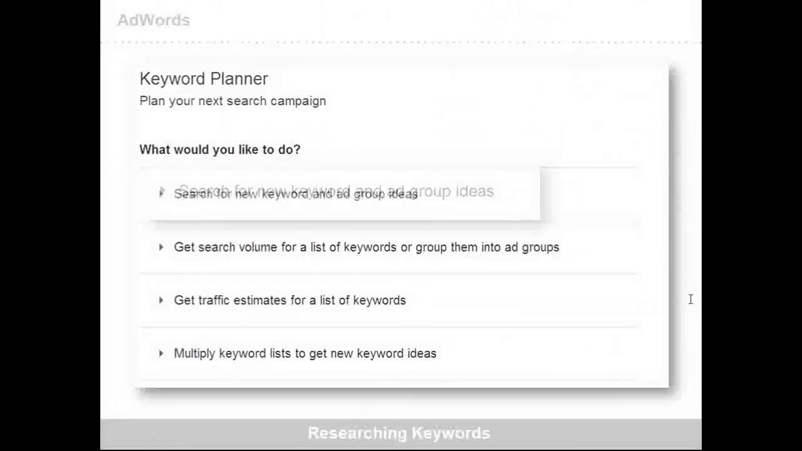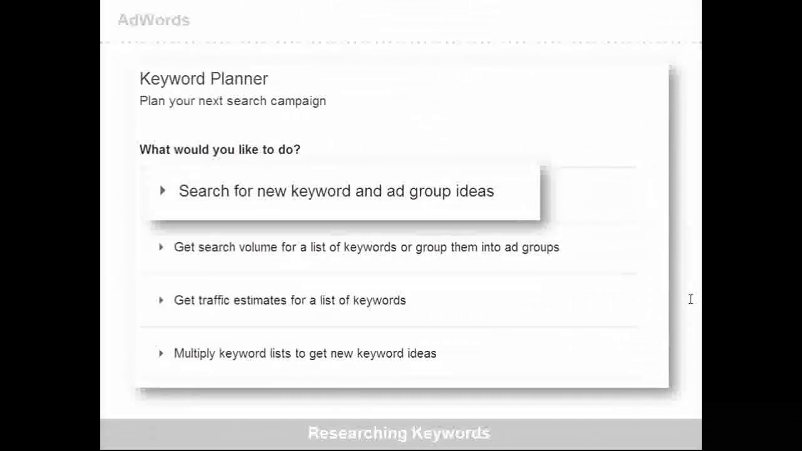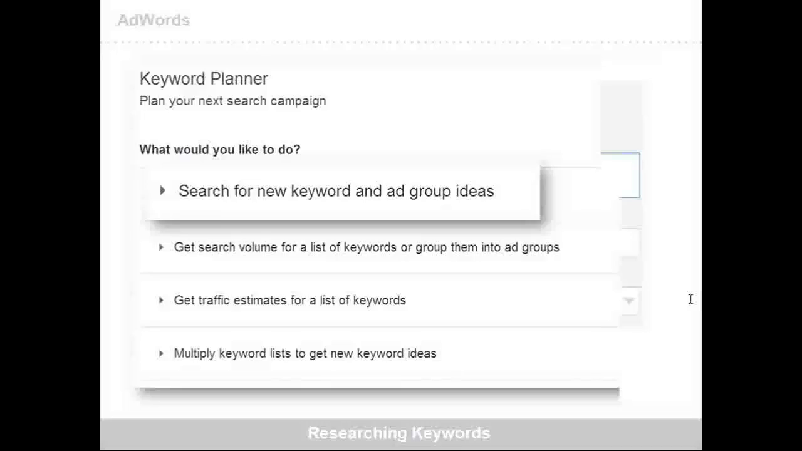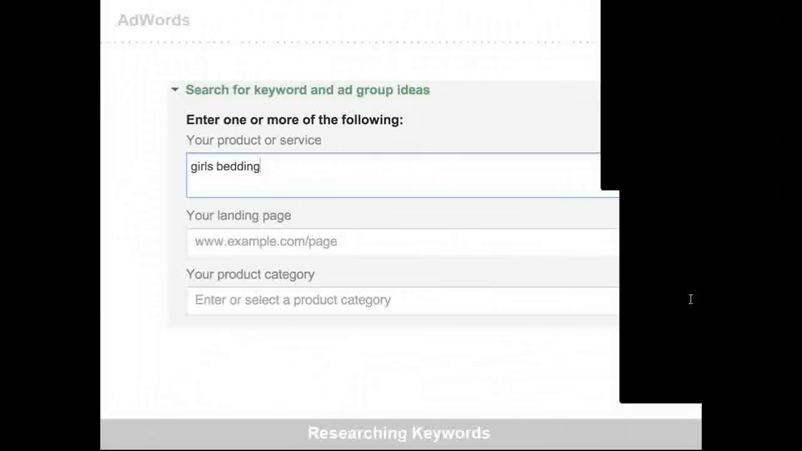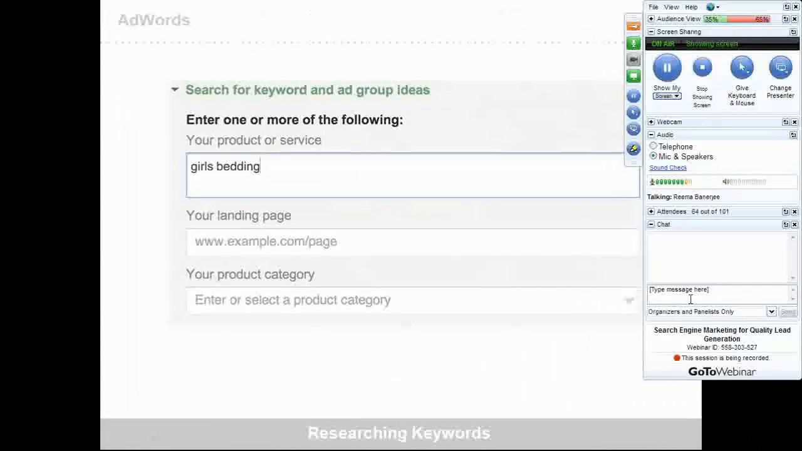This is what the keyword planner looks like. It expands into multiple options, but it's the one we primarily work with. That's for new keyword and ad group ideas, so usually the default that we all go for. What you do here is enter one or more of the keywords that you finally decide to work with, in the case of a particular client,